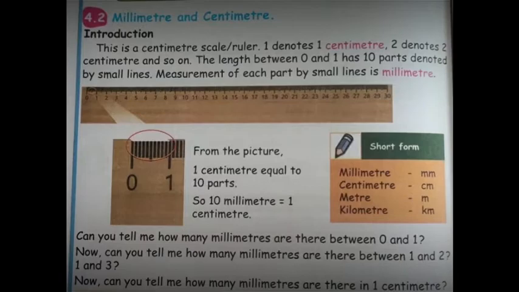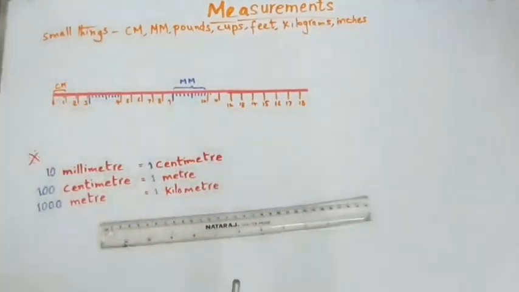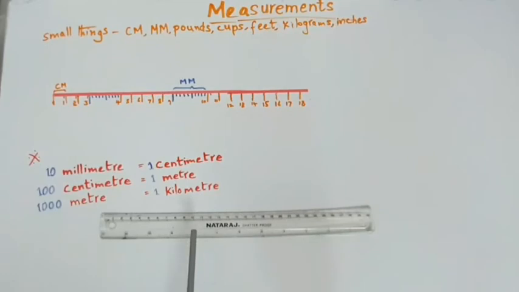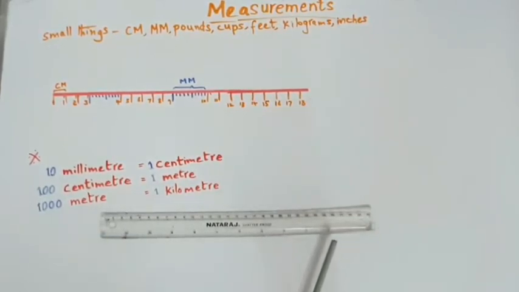Okay, please remember it. Children, look at this scale. From the left side it shows centimeter, and from the right side it shows inches. Centimeter and inches we can use to measure small things like what? Your scale, your cell phone, your pencil, your table, all those things.